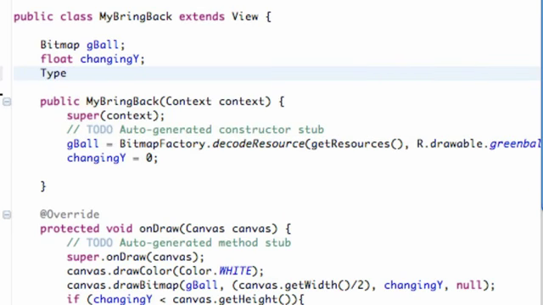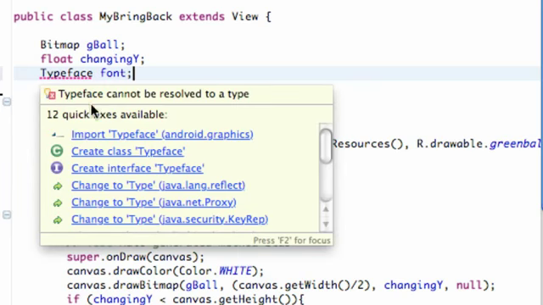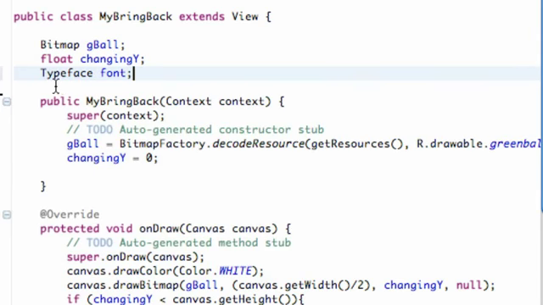Once you have that done, what we want to do is create something called a typeface. So we need a typeface variable, and we're going to call this variable font. And now, after we import our typeface, we can set up that reference to our assets folder within the constructor again. So we're going to say font is equal to